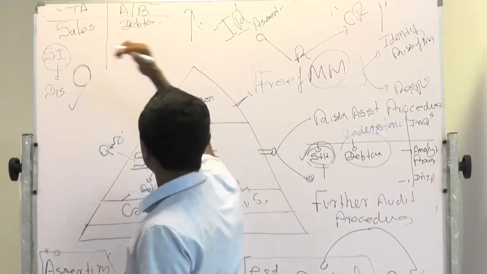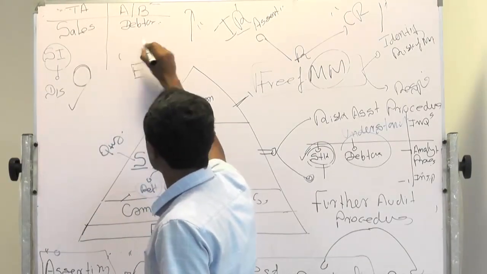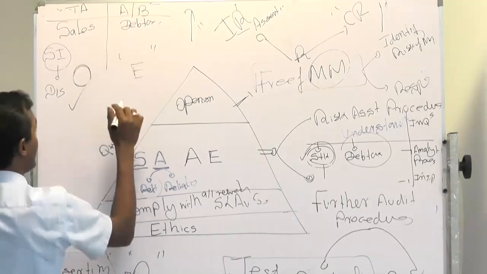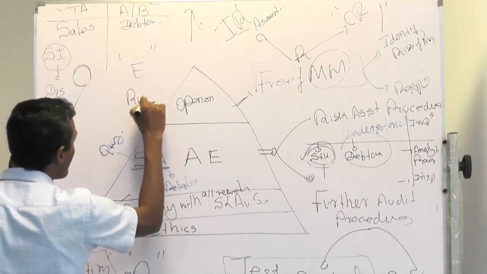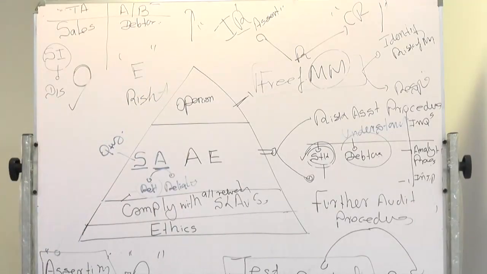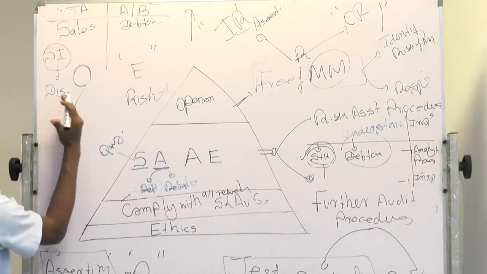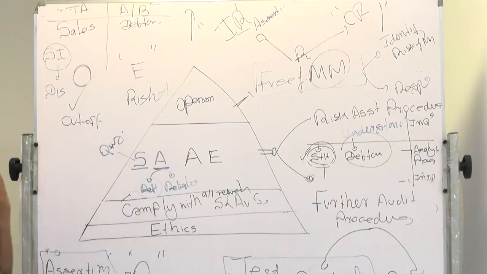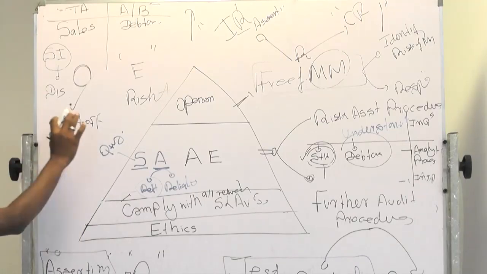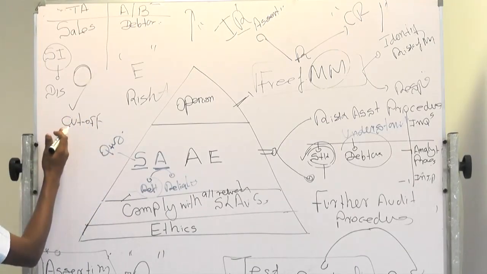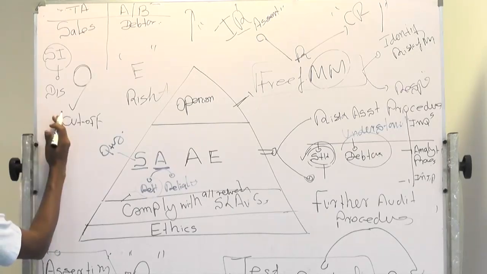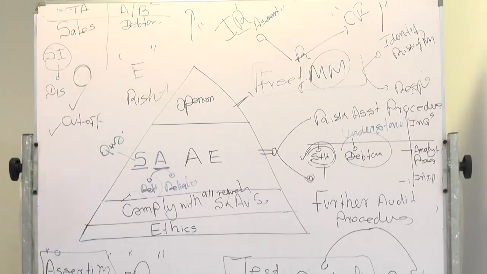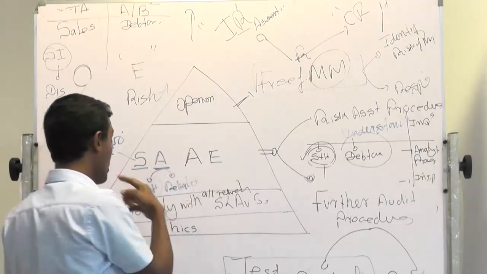When the sale occurred, the debtor is in existence. I know there is a debtor now, right? And when there is a debtor, I can collect the money from the debtor. And if somebody checks that this sale transaction is recorded in the correct period, this has happened on 31st March, right? But if this happened in April, can you put it in March? No. So cutoff means it is recorded in the correct period. Now checking this assertion is all about gathering audit evidence in relation to the assertion.